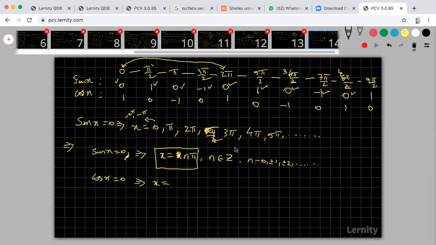Okay, right? That is pi by 2, not pi. So for odd multiples of pi by 2, the cos value is 0. For negative also. I am writing only the positive side, positive angles. For negative angles also the same sequence follows from the left hand side: minus pi by 2, minus 3 pi by 2, on the left hand side also. You will get the same sequence. So therefore the answer is (2n plus 1) pi by 2.